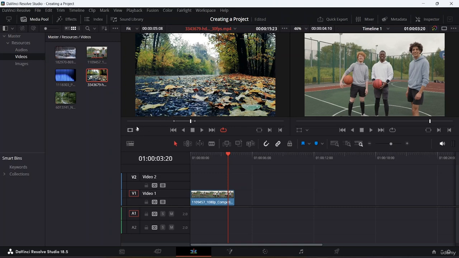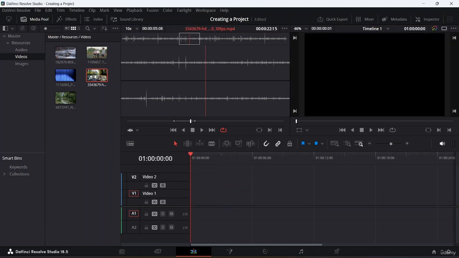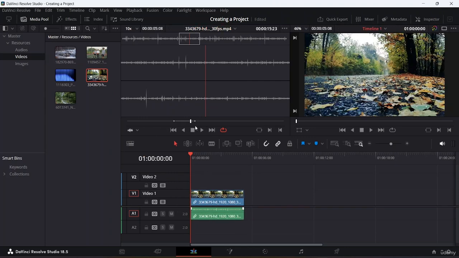So in that case, I will come here, and you guys can see that I do have a particular option, and just beside that you do have a drop down arrow. I will click on that arrow, and I am going to click on audio track. Let's come here and delete this one for now, and I will drag this one over here, and now I want to see this audio. If I play, you guys can see